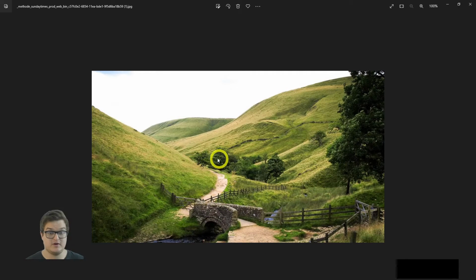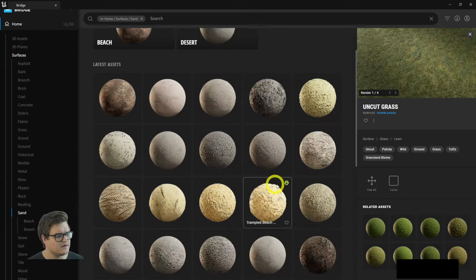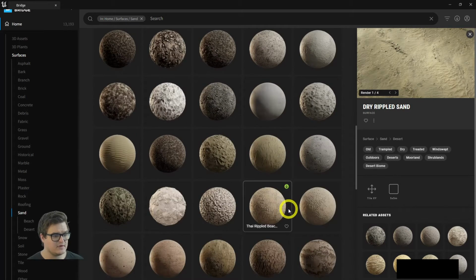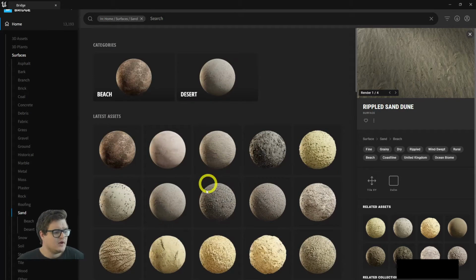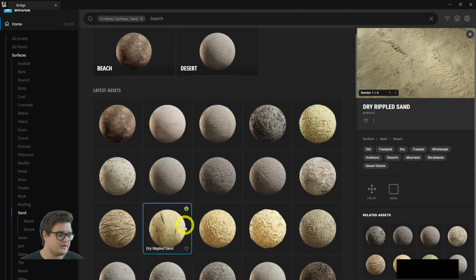So I think I'm going to want to use a texture for that as well. So in that case, I will go to see if there's any sort of sand. Excellent. And look through here to see if there's any sort of sand that looks like it could work in my terrain. The one thing that I will say here is be careful of something that could be a repeating